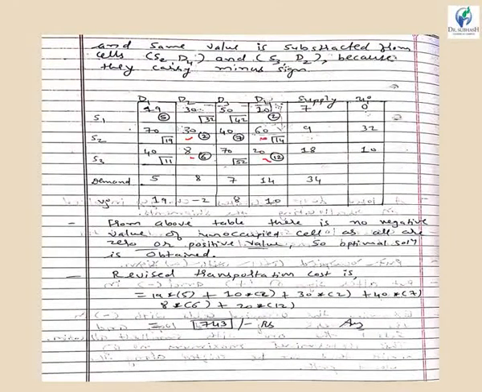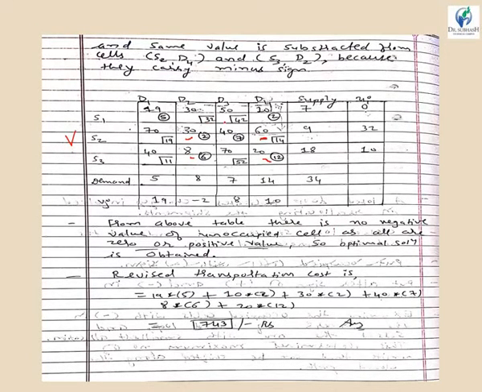So you can see over here this is now 0. These are the values of the unoccupied cell which we had obtained. Now the modified table is over here, in which you can see we have done the reallocation of the units in the table. So let us check what the transportation costs are now for this particular data. From the above table there is no negative.